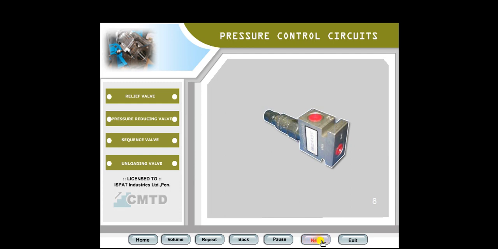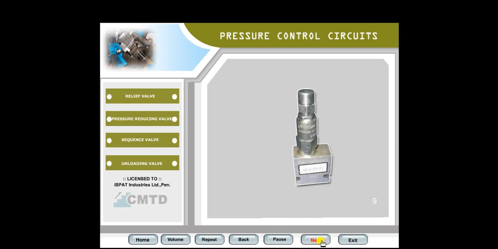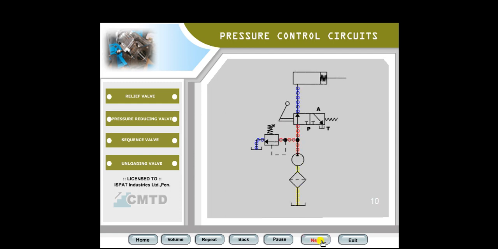You can learn more about the relief valve in this section. It is a safety device in a hydraulic circuit. Whenever pressure in the hydraulic system goes beyond the safe limit, the hydraulic oil flows through the relief valve and returns to tank.